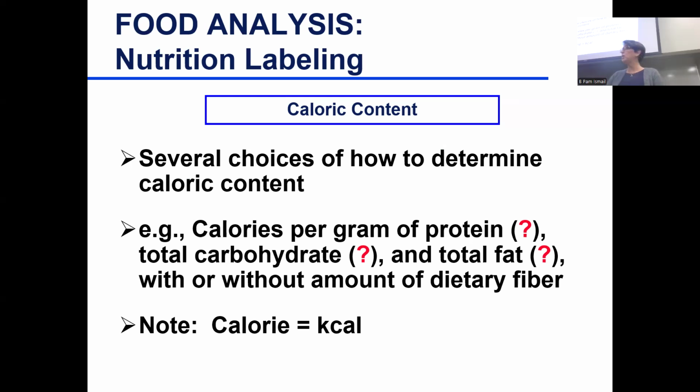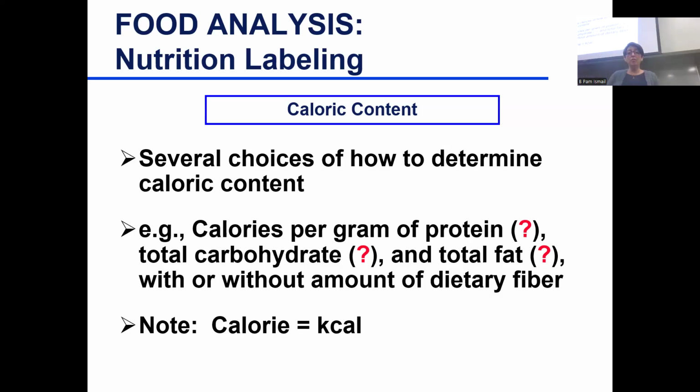So 1 gram of protein is equivalent to how many calories, you know? 4. Very good, Maddie. What about carbohydrate? 4. Very good. What about fat? You remember that one? 9. Very good. And it is in kilocalories, so you would see it as Calorie with a capital C. So 1 gram of protein, 4 calories, 1 gram of carbohydrate, 4, 1 gram of fat, 9, and then you